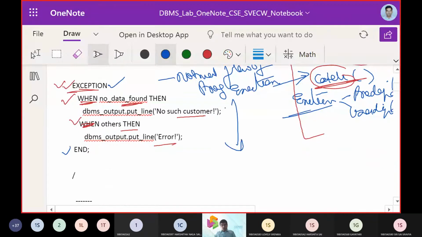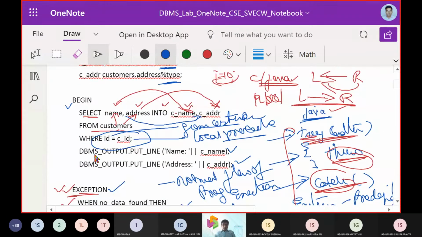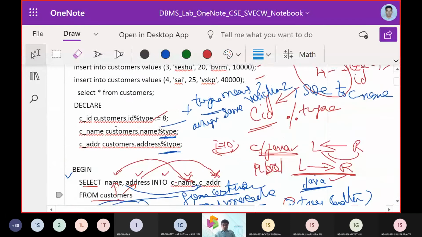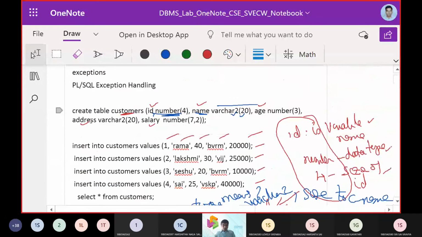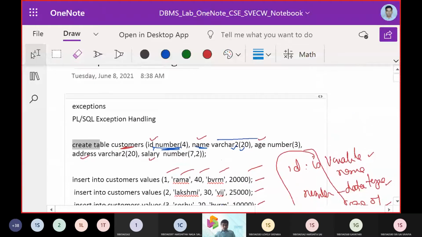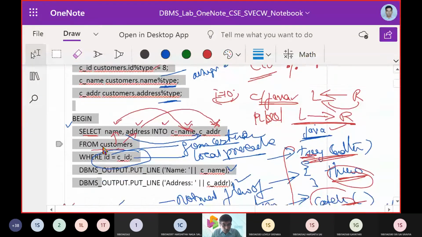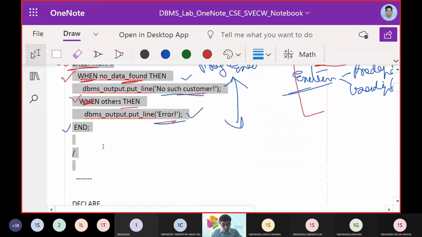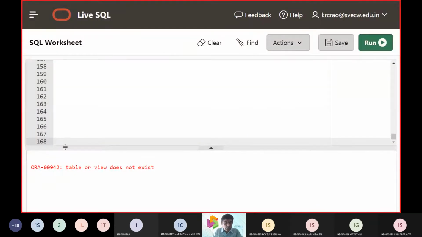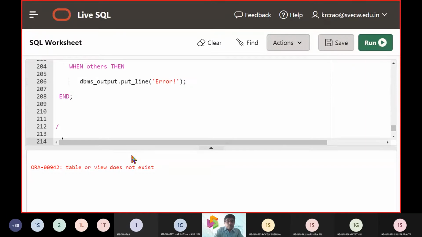In that case, we are going to call up the exception, and the exception raises two conditions. One, no customer still to print, otherwise there are some errors. So we will display the content. After that, if nothing is found, then we will call up the exception in this case. So we will start working on the exception handling here. We will take up the basics and see how this basic SQL works with the exception handling.